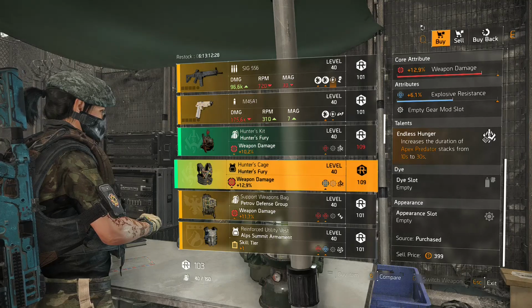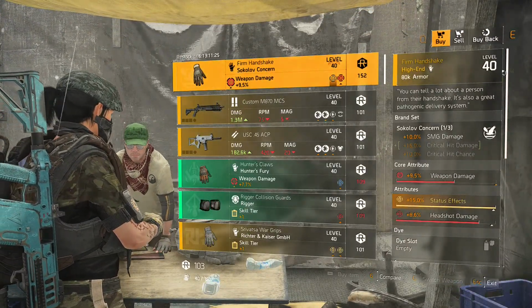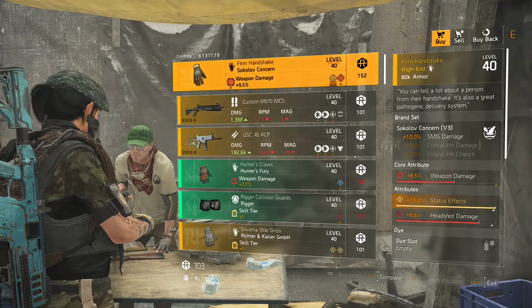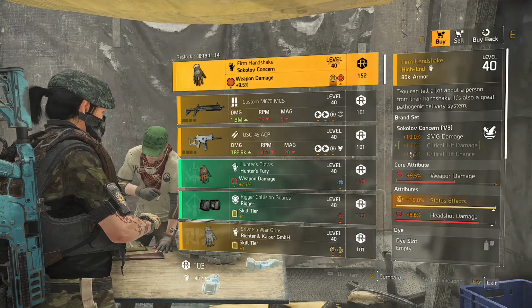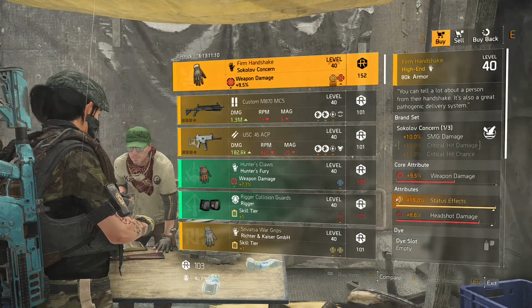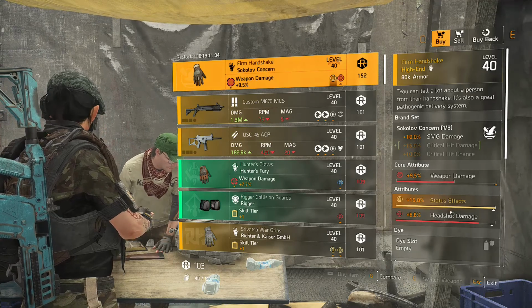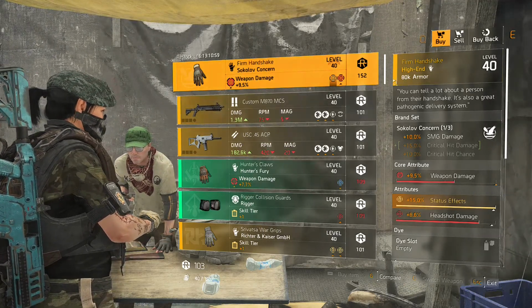Alright, we're here at DZ West, and we have the Firm Handshake. This is the named Sokolov gloves, and it comes with 15% status effects always, although this is a bad roll, and just go out into the light zone and farm a better Firm Handshake. It's really easy to get a good roll on this because that is always going to be a fixed stat. So as long as you get a nice weapon damage roll or a nice critical hit chance, critical hit damage, handling,